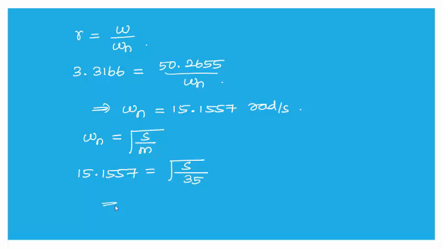So from which we can get the value of S. So to get the value of S, we can square both the sides. So in the left side, the square of 15.1557 is 229.6952 is equal to S by 35. So from which we can get the value of S as